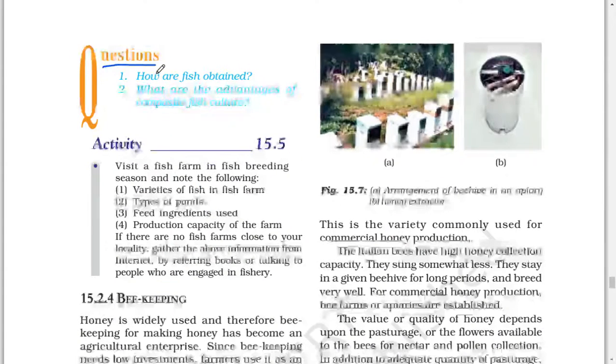Questions: 1. How are fish obtained? 2. What are the advantages of the composite fish culture? Activity: